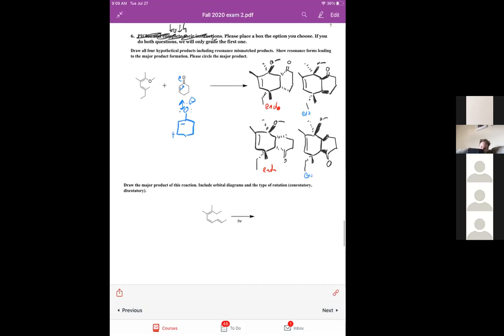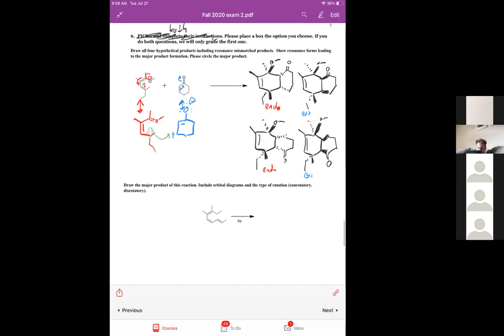On our diene, we can also shift the electrons all the way to the bottom. This gives us charge alignment at the bottom here